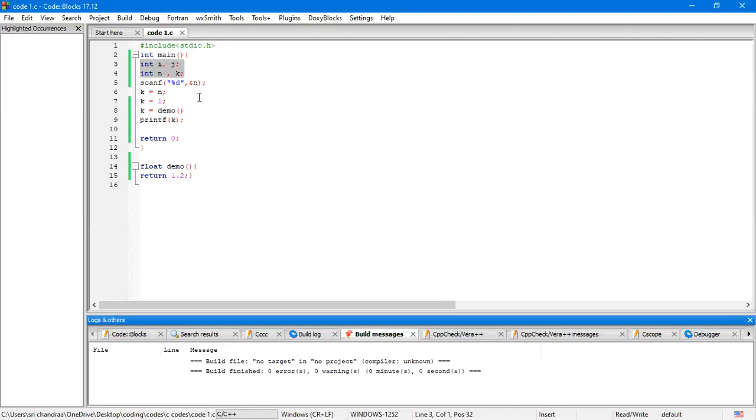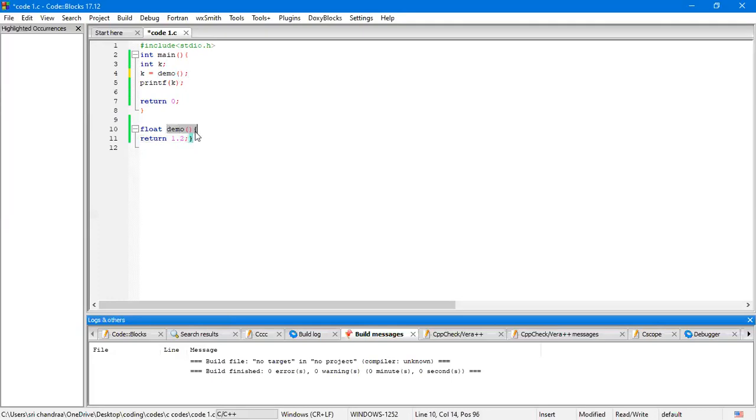And since we are taking inputs, this is all junk code. I'm just removing it. Int k. So I'm declaring k. As you can see, k is a variable. Memory space is allocated to k. And when we call this demo function, the control goes to demo.